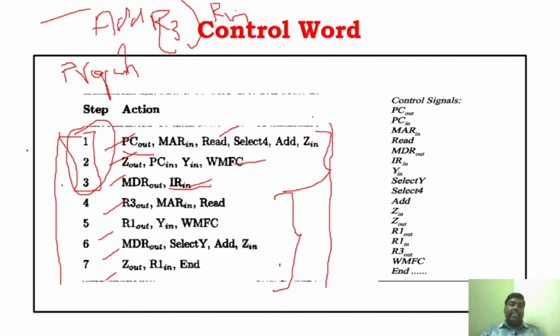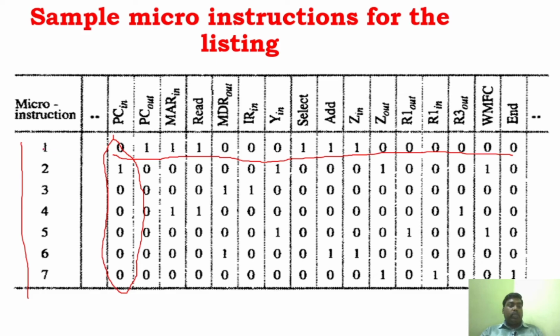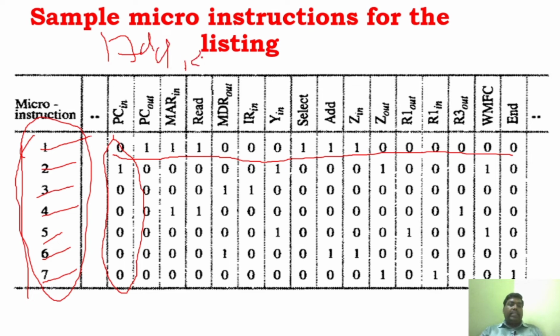So how can I say this? This is the complete micro routine for this particular program, and each and every instruction is called a micro instruction. You can see here, the first step is 1 micro instruction, and this is 1 micro instruction, and so on up to the last micro instruction. But all of these combined, why have you written them? You have written them for adding the content of R3 and R1. So this can be combinedly called a micro routine. So now you will be clear about what a control word, a micro routine, and a micro instruction are.